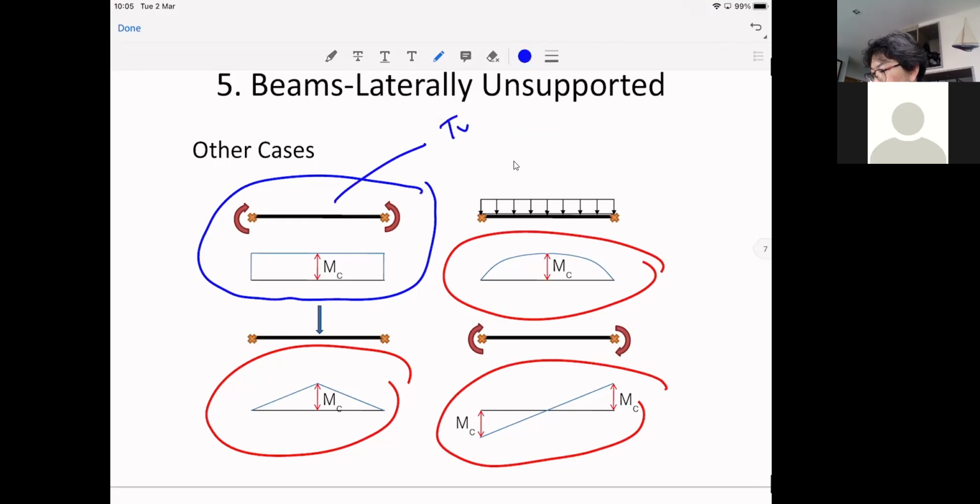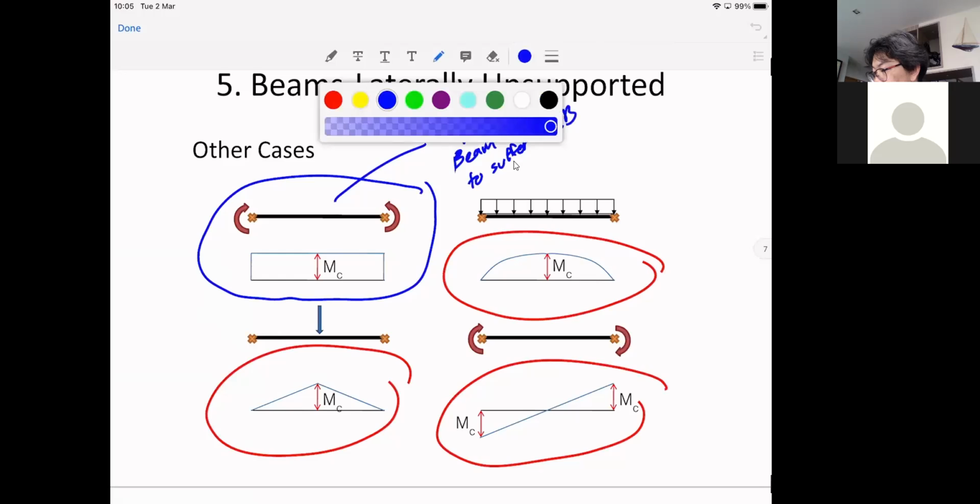Typical: beam is easy to suffer LTB. And then in some other case,